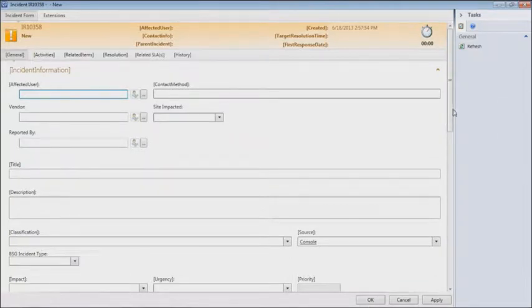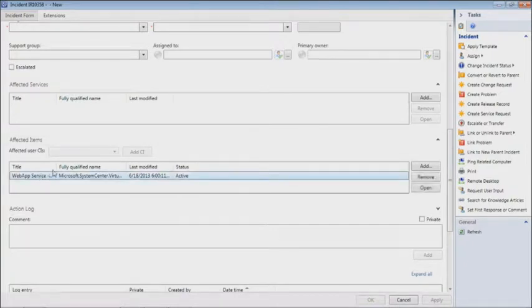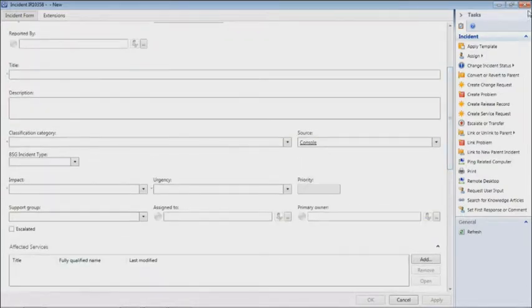So I have to fill out all of these fields in terms of who my affected users are and to qualify its severity and so forth. But look at my affected items here. There's that service automatically in the UI. Now I may want to come back and add affected users as well, for example, but I can establish that